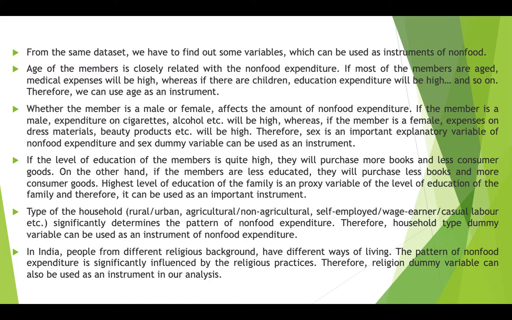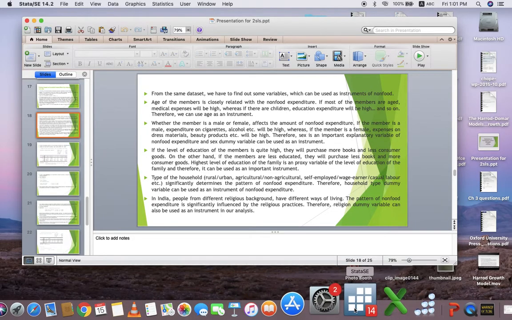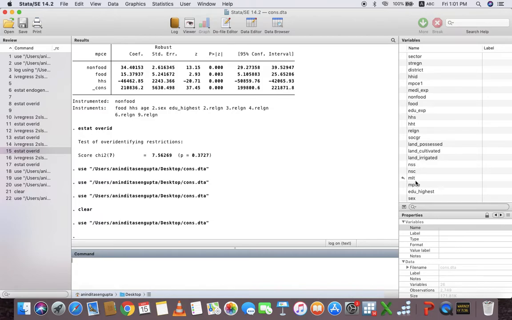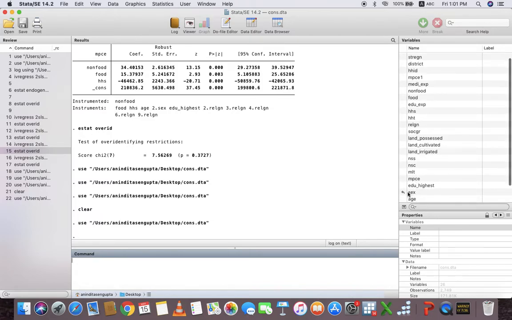Now, if the sex variable is given in our data set, let us see whether this variable is there or not. Here we can see that the sex variable is in our data set. Now, if such a variable is there in our data set, and we know that